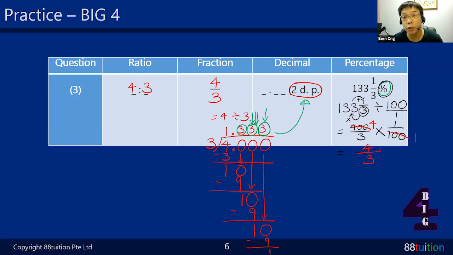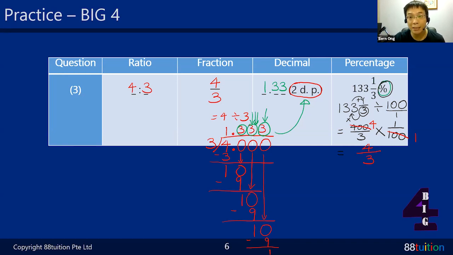The next number is a 3. It's below 5. So how? You maintain. You cannot round up. It's smaller than 5, so you have to maintain. Don't touch. Very good. I like it when you say don't touch. So the answer is 1.33. Simply as that. Can you see? That is how you do the division. So there are 3 methods. One is to memorize the magic 4. Most of the time it comes out.